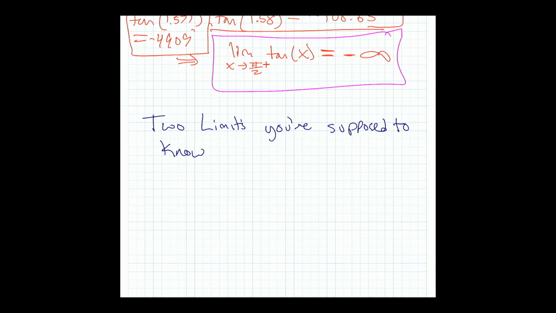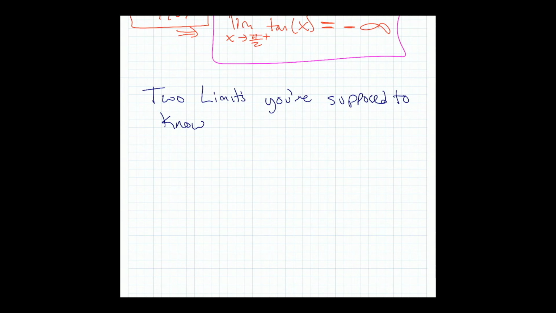So what are they? The two that you're supposed to know, one of them is this one. The limit as x goes to 0 of sine x over x is 1. We'll see why. The other one, I'm going to write it. Here's the other one. Limit as x goes to 0 of,